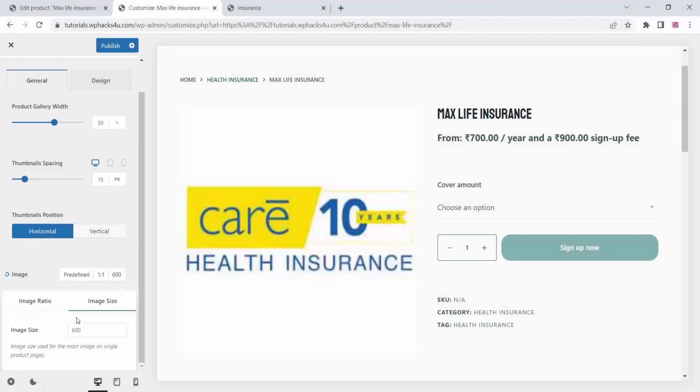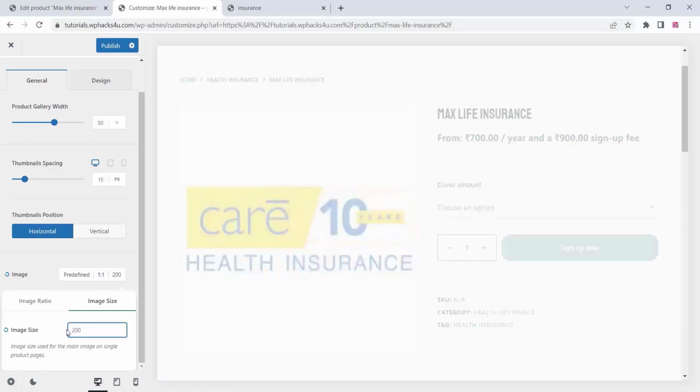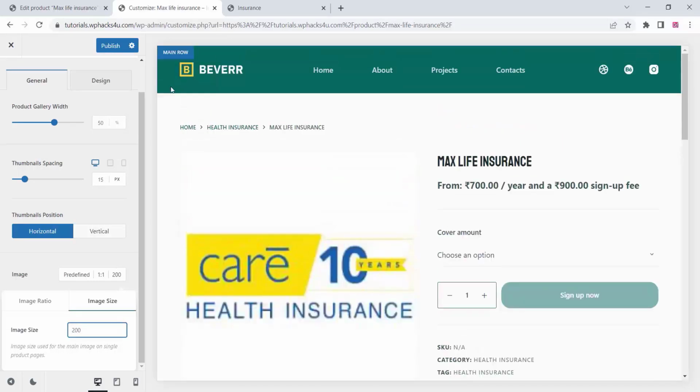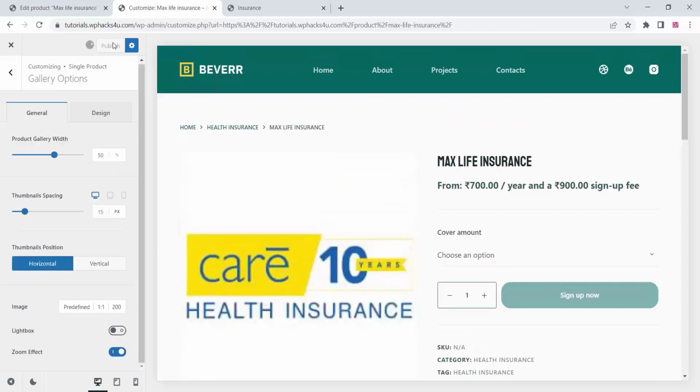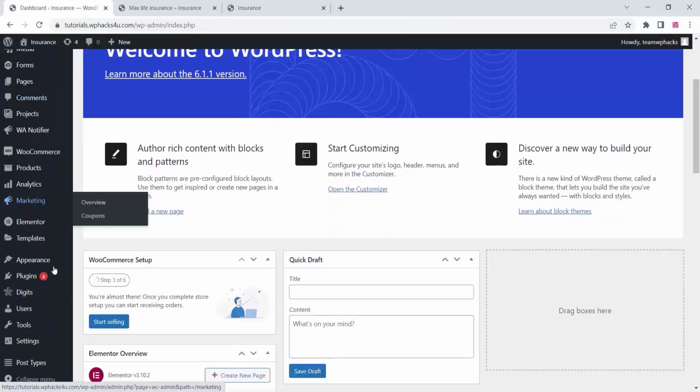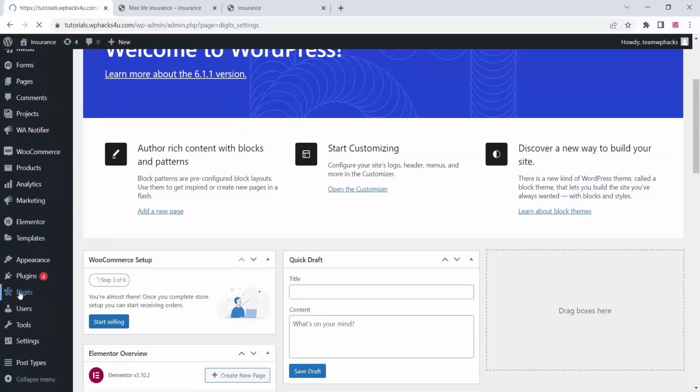You can go to the customize section and you can change all the theme related design sections here. Once you make any changes, make sure to click on publish, then only the changes will take place. So just click on publish, and now just go to the dashboard again and go to the Digits plugin section. So we need to enable OTP for our website, so click on Digits